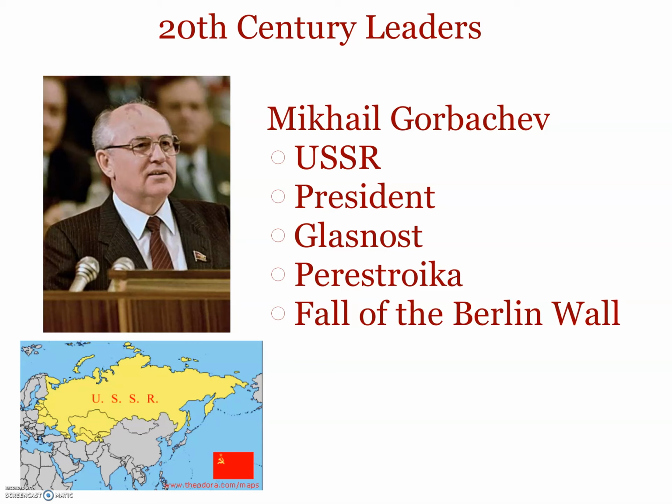The other two things that he's very famous for are glasnost and perestroika. So remember that in a communist government, there's a lot of secrecy. There's not a lot of information. We can turn on C-SPAN on your TV, or you can just pull it up electronically on the internet, and watch what's going on in the House and in the Senate, unless it's a closed proceeding, which is very rare, and it's